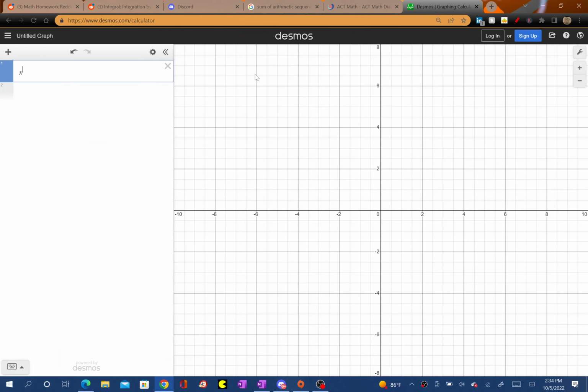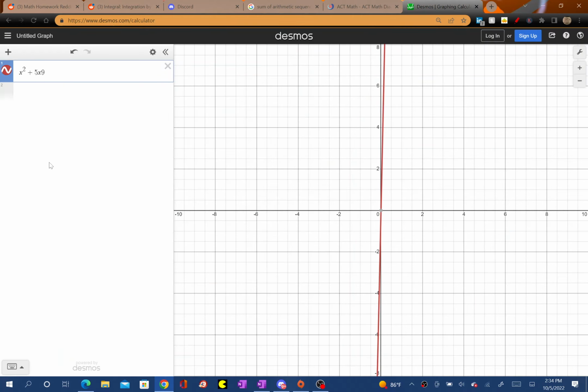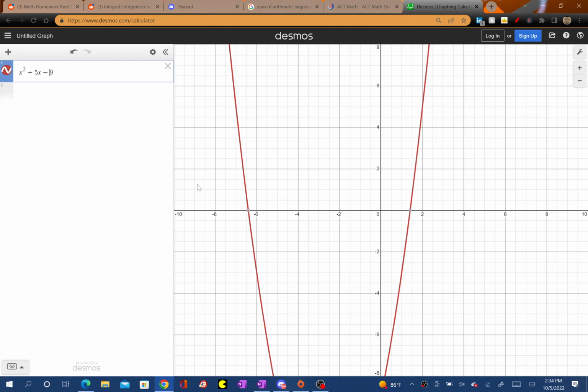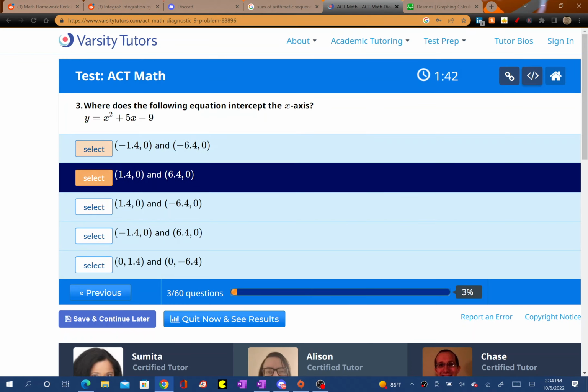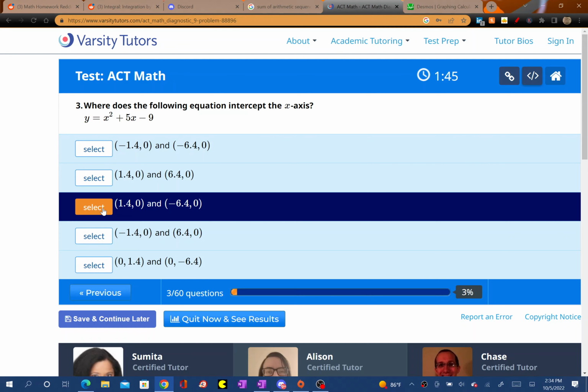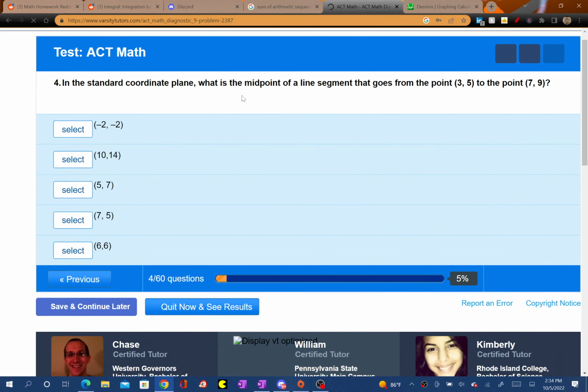x squared plus 5x minus 9, excuse me, minus 9. And it looks like it intercepts the x-axis at negative 6.4. So negative 6.4 comma 0 and 1.4 comma 0, I believe. Okay. Alright, so